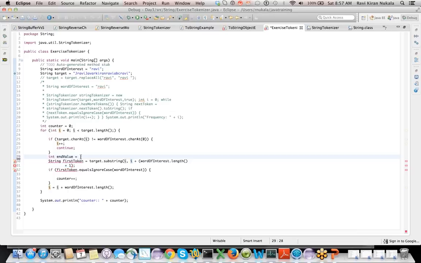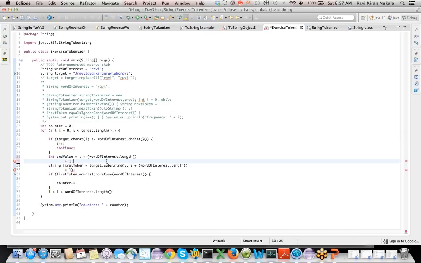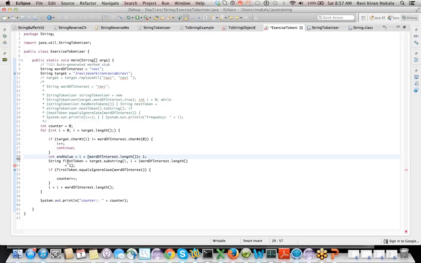If I plus word dot length, right? So this is what we are trying to do. If I plus word dot length plus 1. Okay.